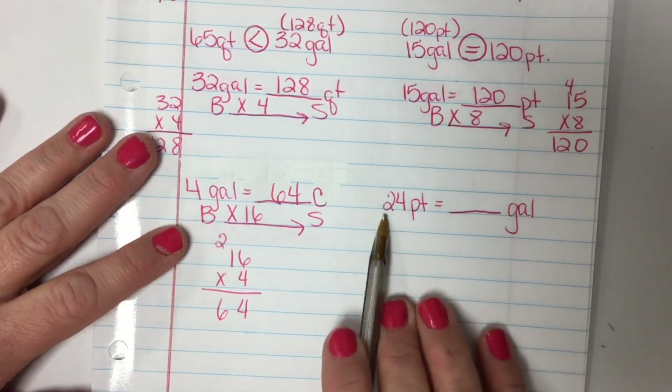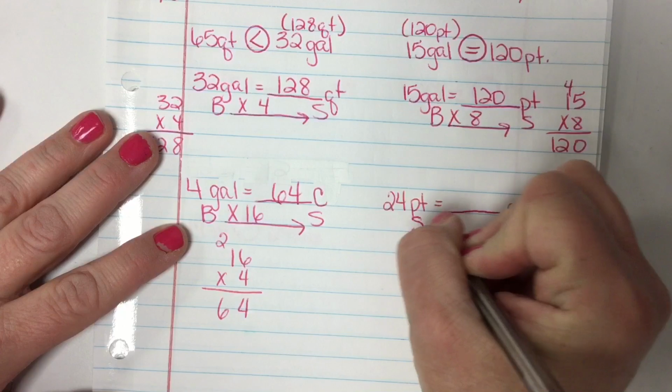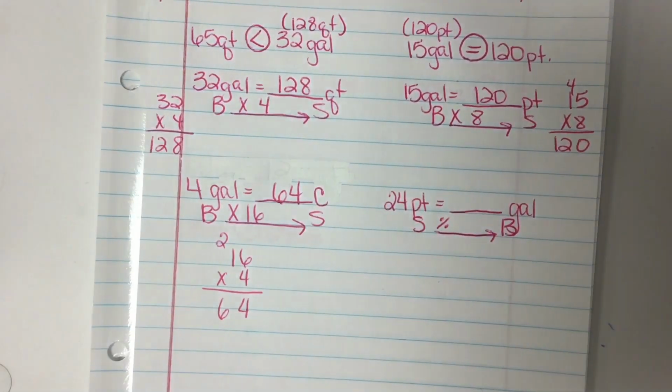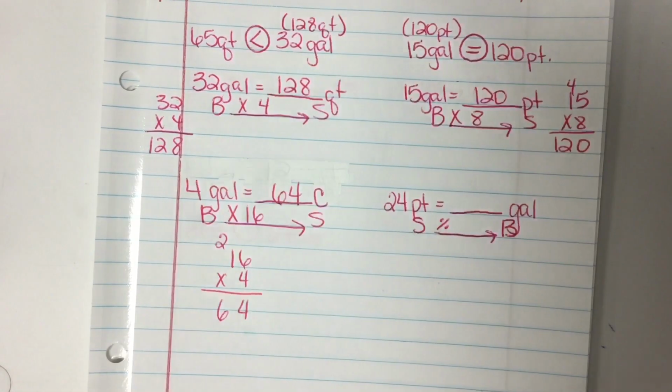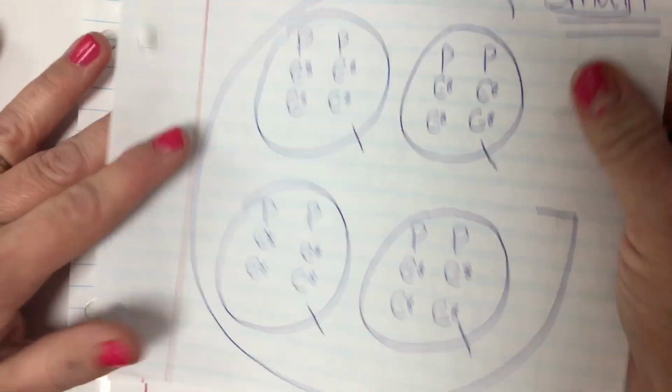All right. 24 pints equals how many gallons? Pints to gallons. Well, I know pints is small because gallons is the biggest measurement. So we're going to divide. Again, we don't have pints to gallons on our chart. So we have to refer to our